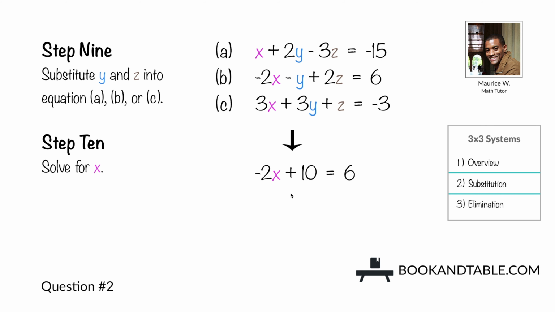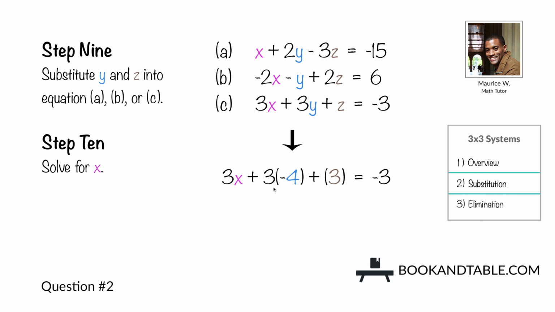And now we subtract 10 from both sides, giving us negative 2x is equal to 6 minus 10, which is negative 4. And to cancel this negative 2, we divide both sides by negative 2, giving us x is equal to negative 4 divided by negative 2, which would be positive 2. So we get x is equal to positive 2 again. And you'll get the same value if you chose to plug y and z into equation c instead,